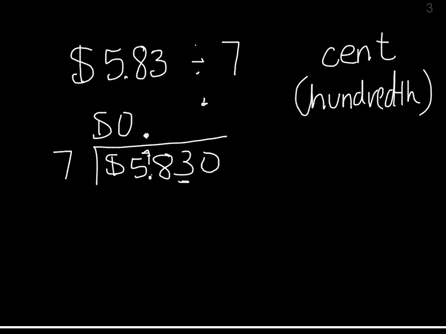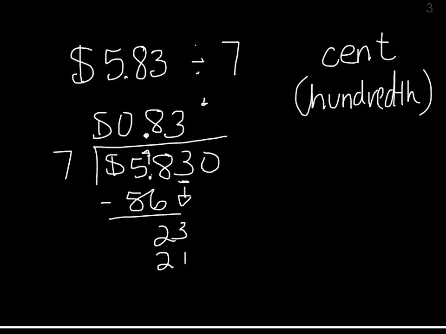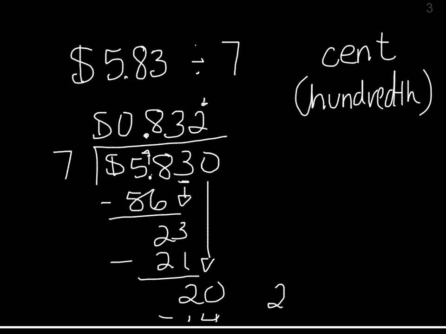So 7 goes into 58 8 times. That's 56. And I have 2 left over. I can drop my 3 down. 7 into 23 goes 3 times, which is 21. I have a 2, I can drop this down, and 7 goes into 20 just twice, which is 14, and if I subtract, I'd have 2 left over, but again, it doesn't matter that I have 2 left over, because